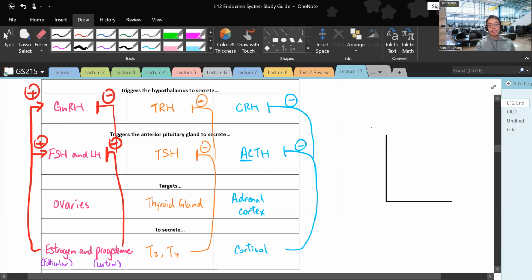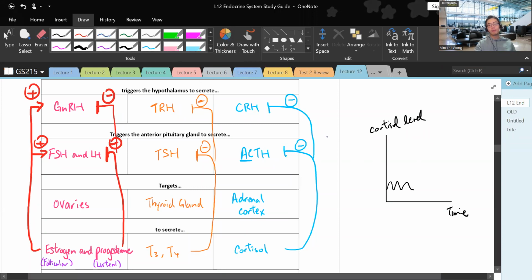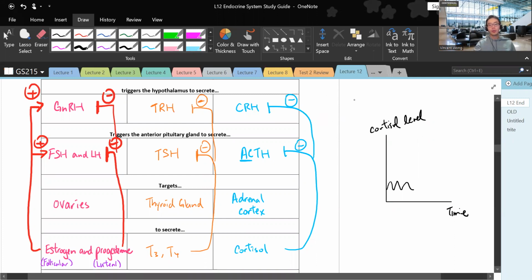So let's say this is cortisol level. This is just time. Right, so normally it would regulate itself, right? It goes up and down through its own negative feedback inhibition. However, if you are chronically stressed, and it could be due to a number of reasons, okay? Again, like school, work, health issues, right? So if you have chronic stress,